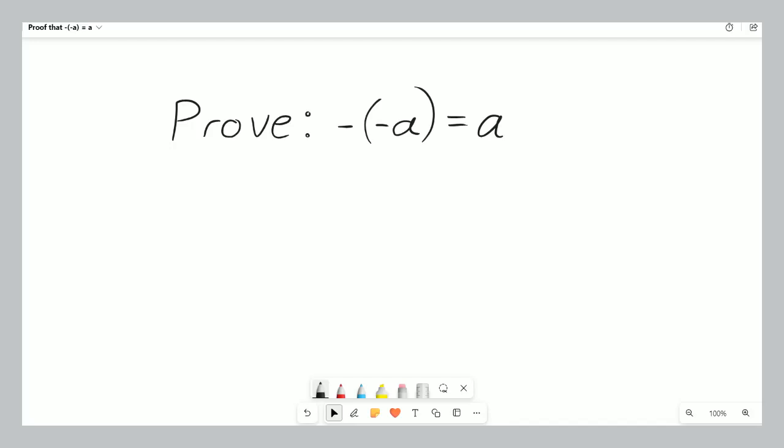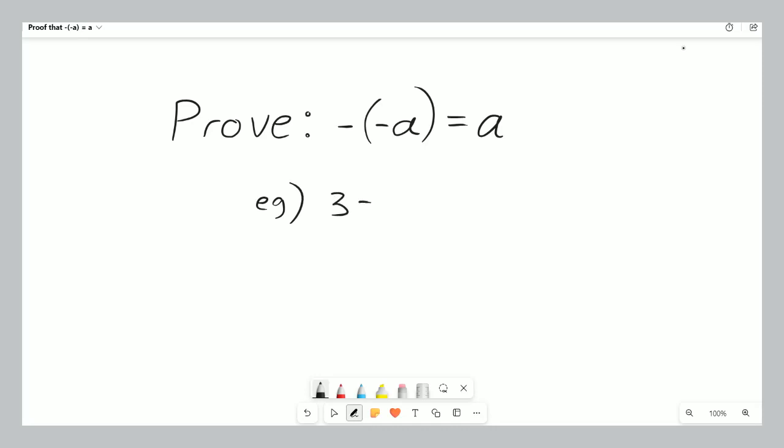How's it going, everyone? In this video, I'll show you a simple, elegant proof that minus negative a is the same as a positive a. In other words, subtracting a negative number is the same as adding the number that is positive with the same magnitude. So, for example,